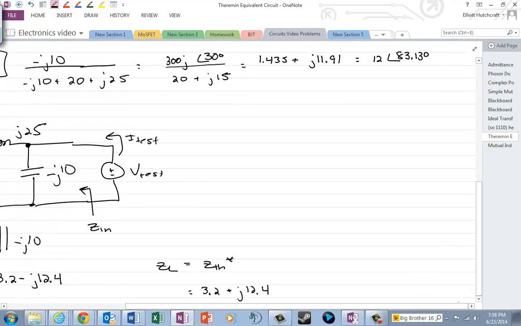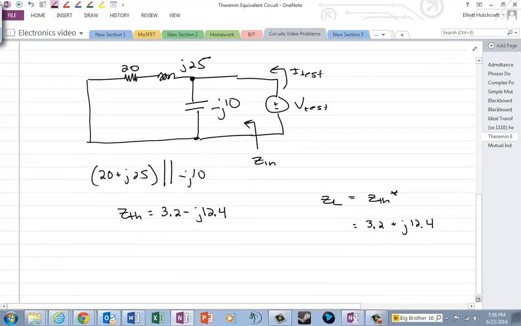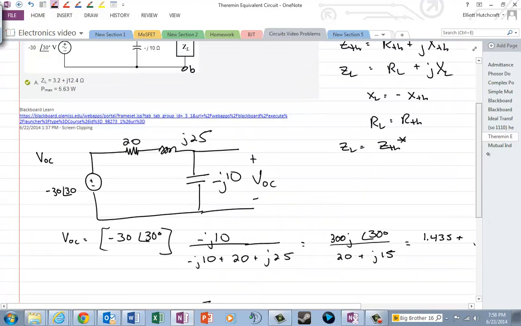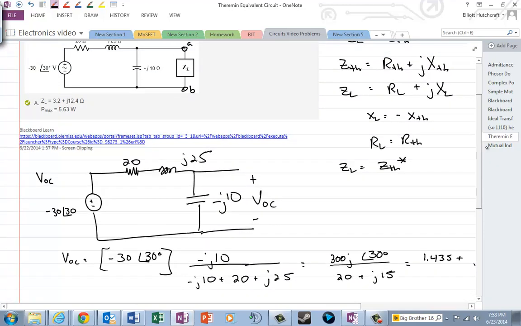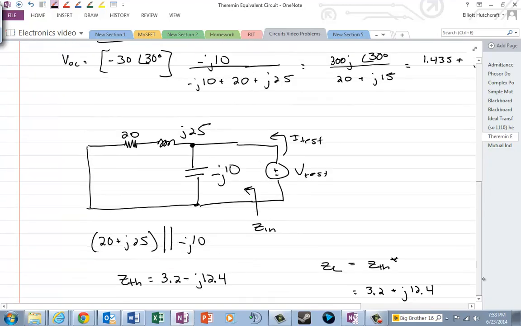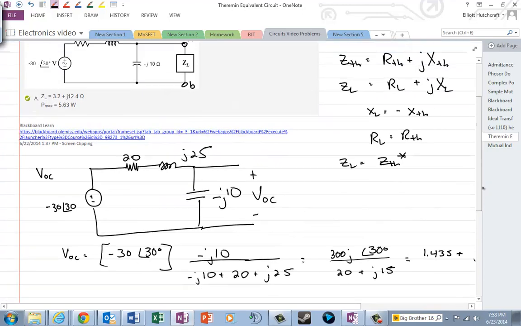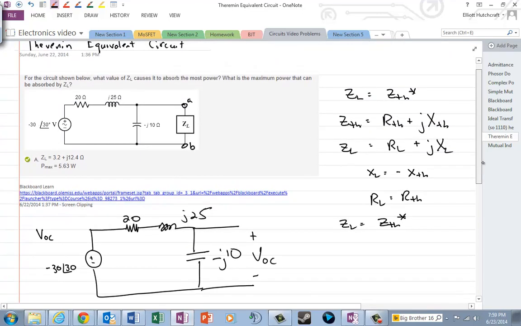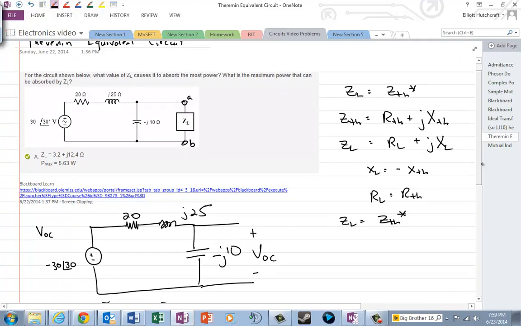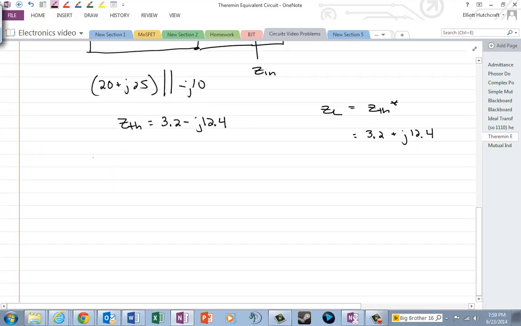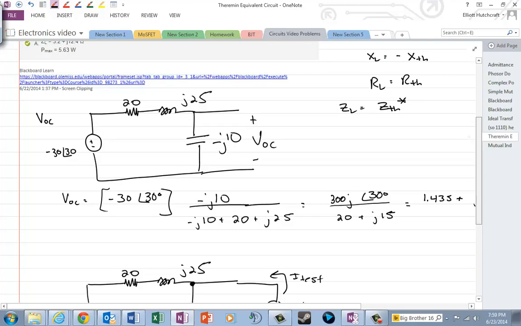Okay, so now we have to do powers for the maximum power part. Let's just make sure we got the right answer so far. Notice it says ZL needs to be 3.2 plus J12.4. Got it. Now we need to find the maximum power. Now, it's not saying these are in RMS, so I would suspect that it is in peak power, and so since we are in peak form, we need to use 1/2 VI conjugate for the complex power. It specifically wants just to know the average power, and of course